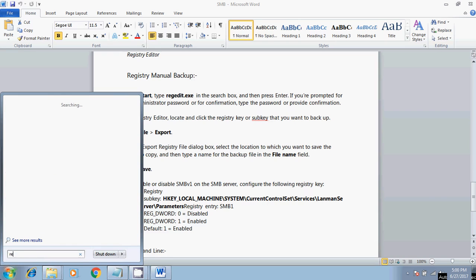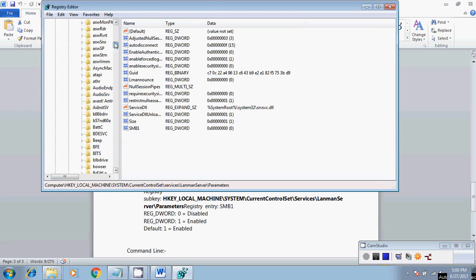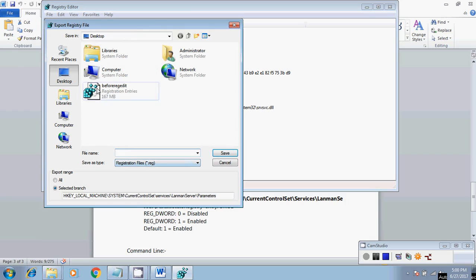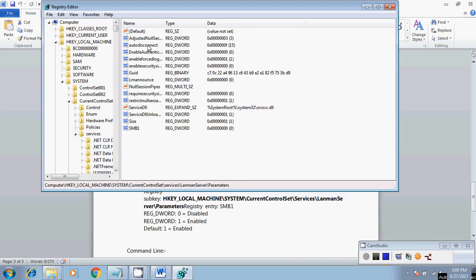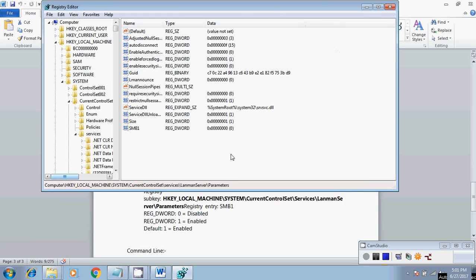Go to the start menu, type regedit, and press enter, and go to File and click Export. So here just type backup and save. Here the file is saved, and now